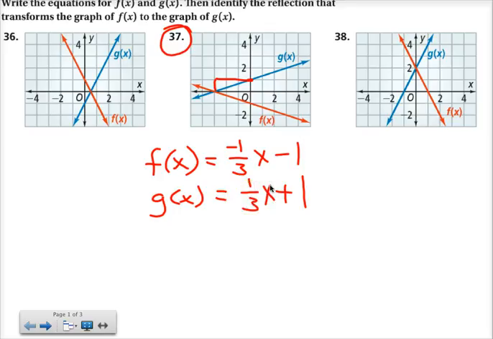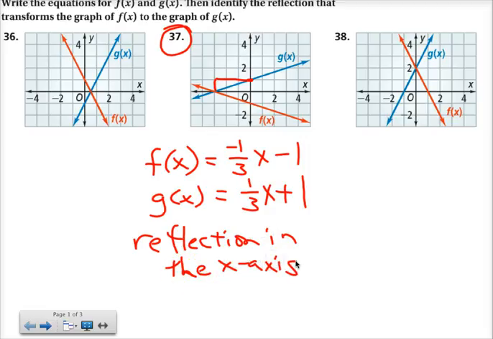So write the equations for f of x and g of x. Identify the reflection that transforms the graph of f of x to the graph of g of x. And remember, as I had said, it's a reflection in the x-axis. Now I can verify that by starting with my f of x equals -1/3 x minus 1 and